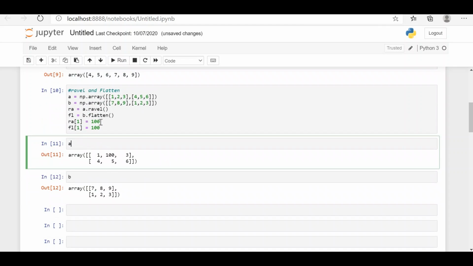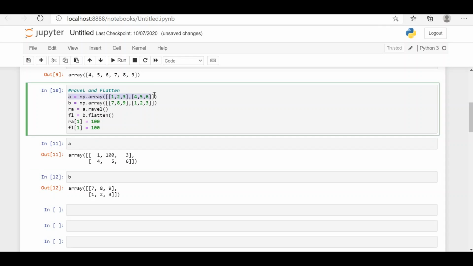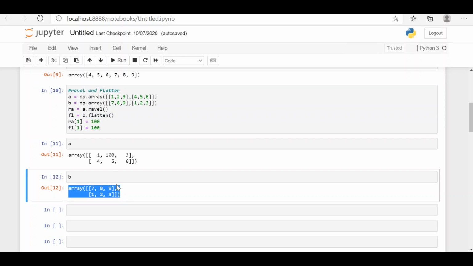As we can see, we have applied the ravel function to A, so the change has been made to the original matrix as well. That should be 1, 2, 3, but it has been modified to 1, 100, 3. So if we apply the ravel function, that will affect the original matrix. If we apply the flatten function, which we have applied here for the variable b, there won't be any change in the original matrix. So that's the difference between ravel and flatten. Moving forward,